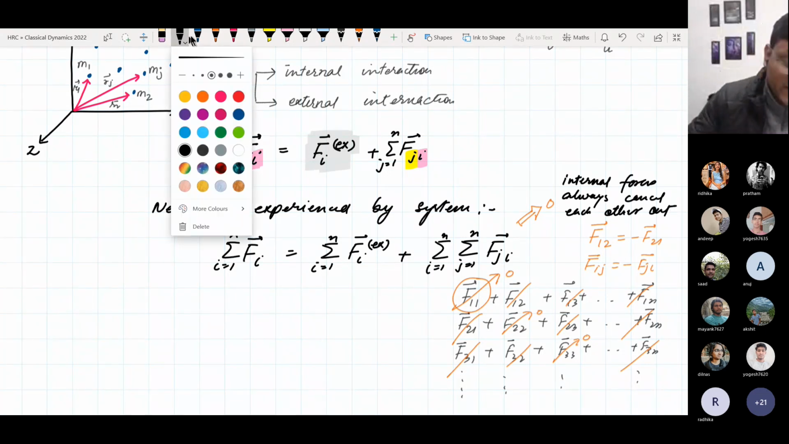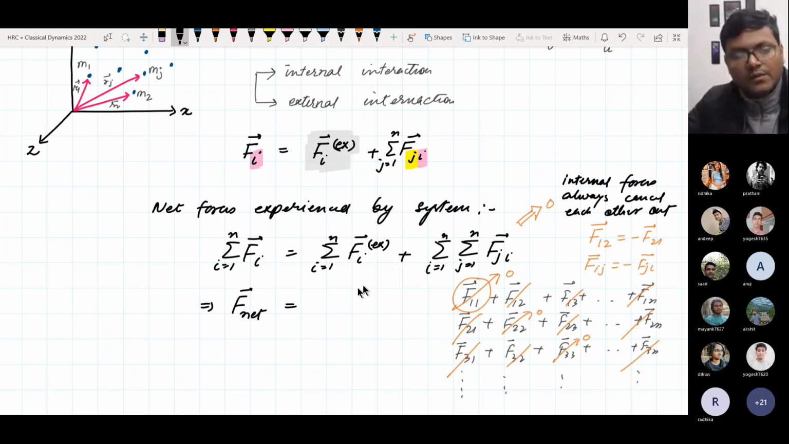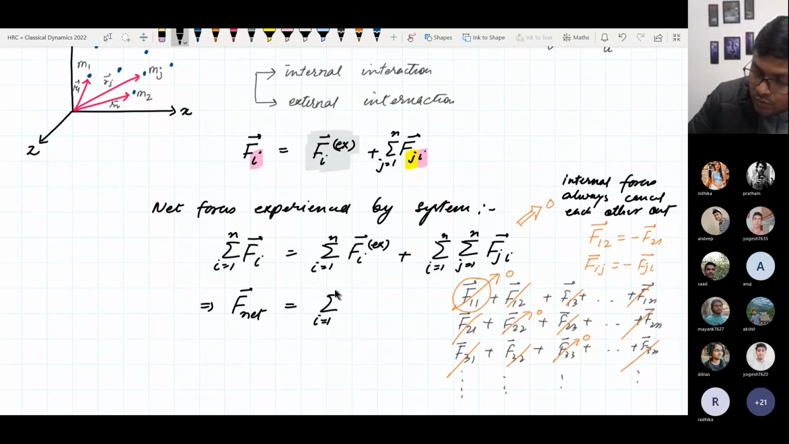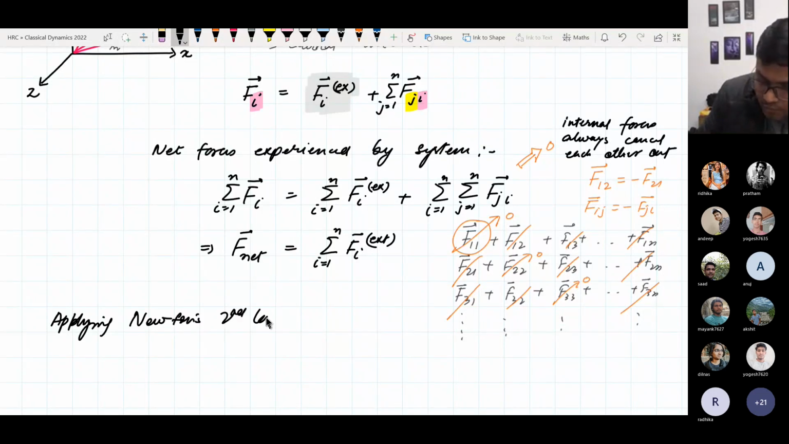So finally, the net force experienced by the system is equal to the applied external force, summation over i equals 1 to n of the external forces. So whatever the external force is acting on every particle, let's suppose gravity is acting on each and every particle, that is the net force. All right. So now applying Newton's second law,